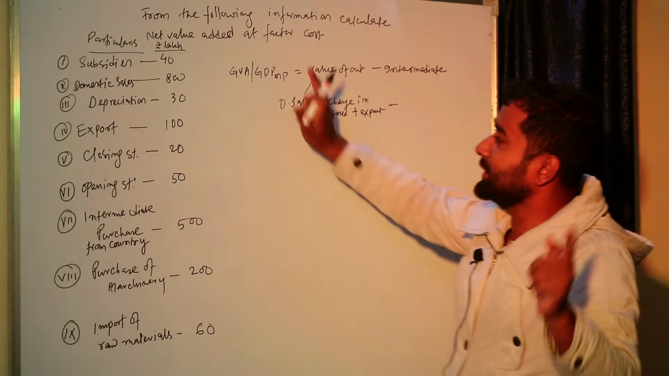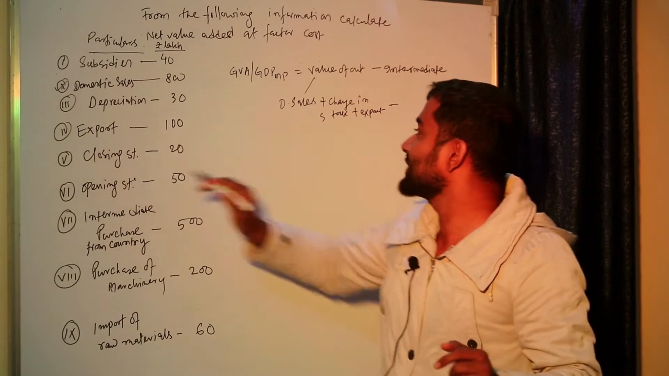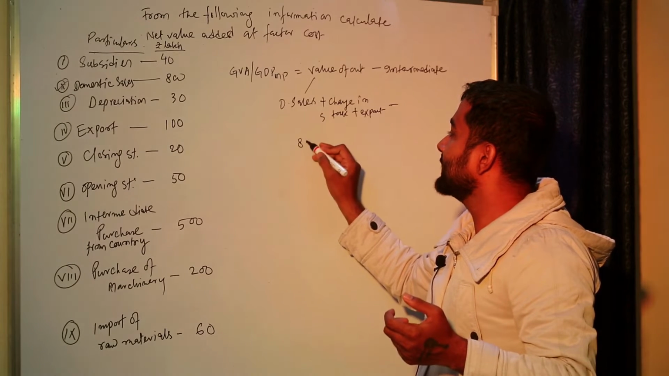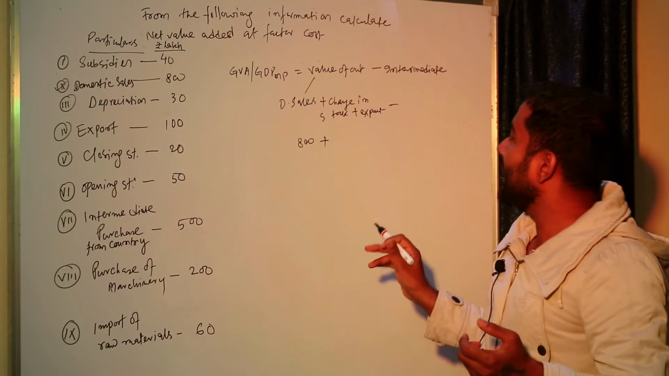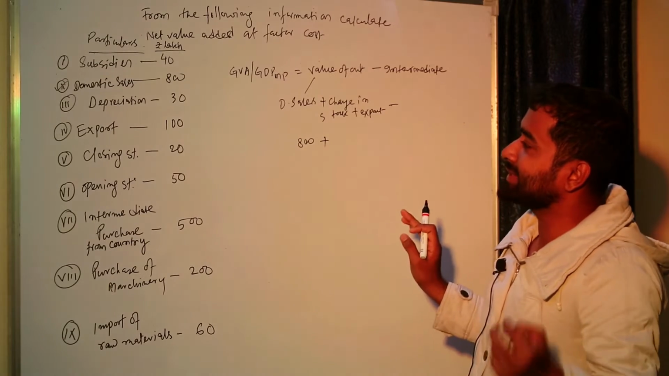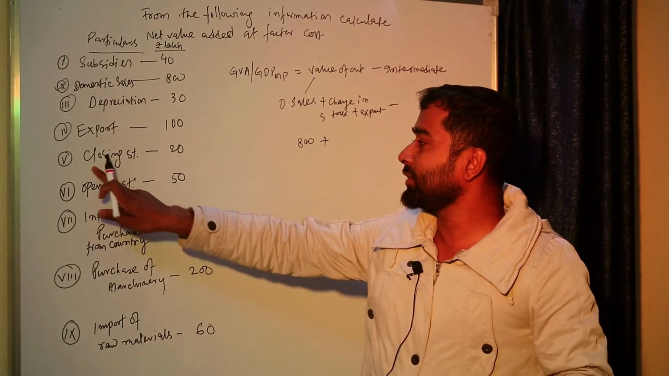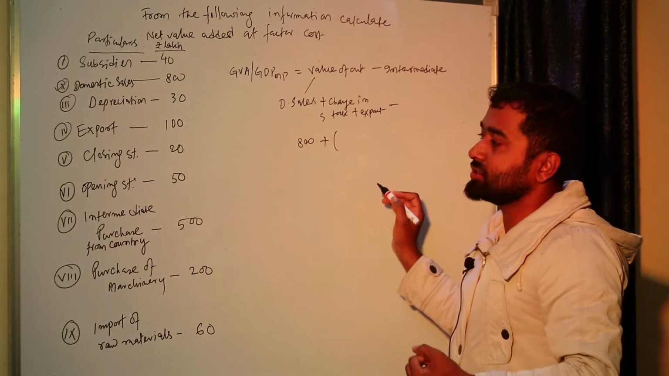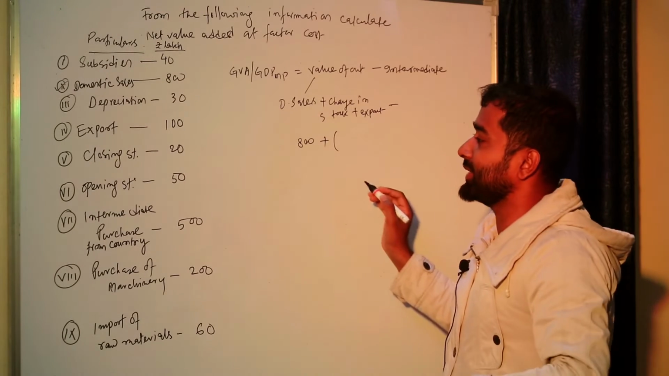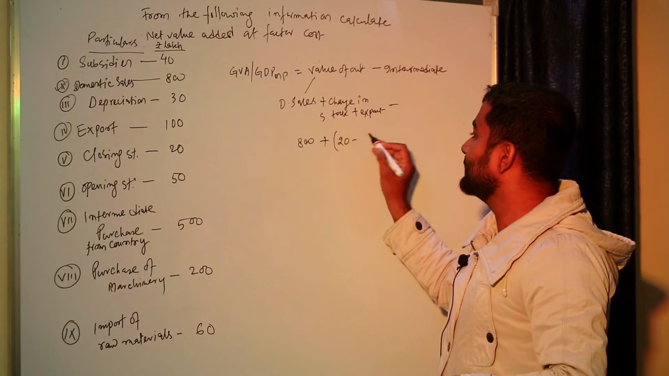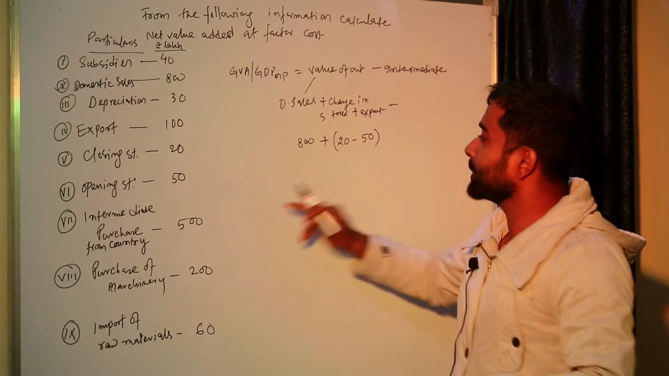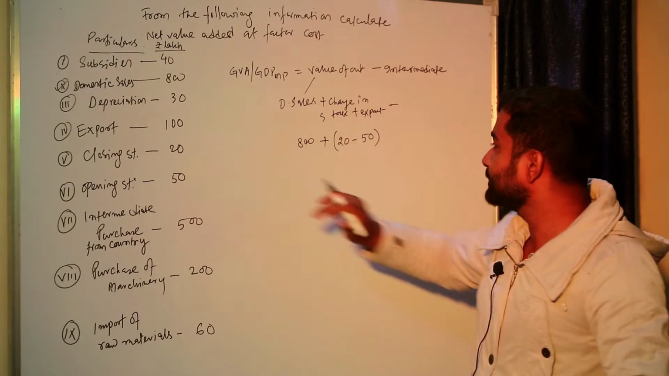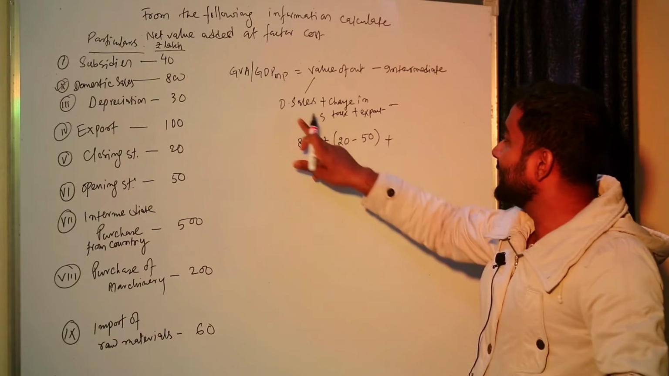Domestic sales is given, so I am taking 800 first. After that, change in stock. Change in stock is not given directly; closing stock and opening stock are given. So change in stock is closing stock minus opening stock. I am doing 20 minus 50, closing stock minus opening stock, plus